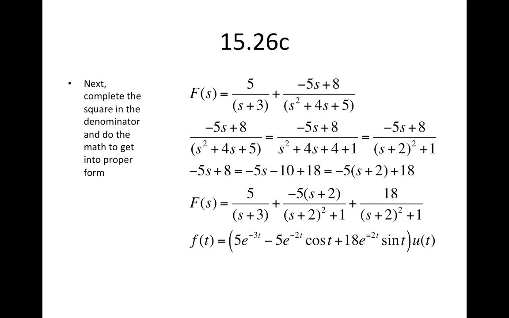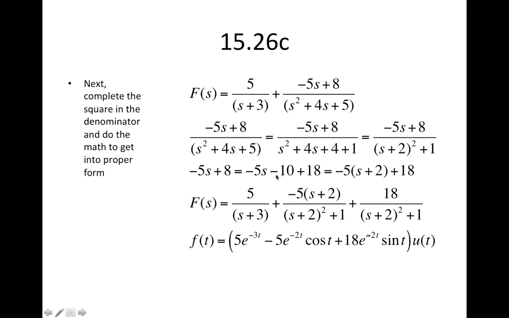I now have the denominator looking like the damped sinusoidal function in the tables, and so now I have to figure out is it sine or cosine or both. So now I want to work on the numerator. If the inverse transform is sine, I would expect a 1 in the numerator. If it is cosine, I would expect an s plus 2. So if I look at minus 5s plus 8,